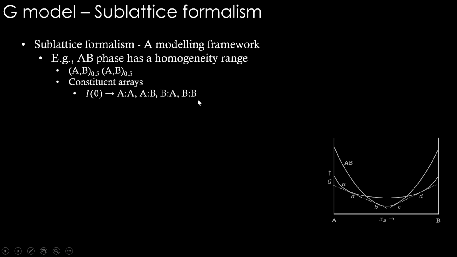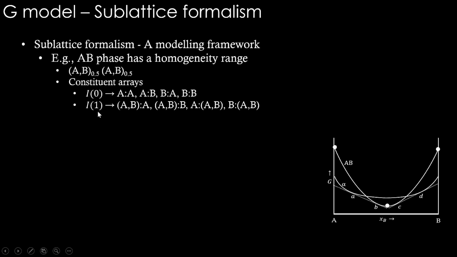If this is the case, then in this space, which compositions will we cover? You can imagine these three different G values will come. This is AA, this left extreme one, that will give the Gibbs energy of this one. And BB is this composition, with that we will get the Gibbs energy of this one. So AB compound's Gibbs energy with 100% B and 100% A, and these two are similar because occupancy is 0.5 in both the sublattices. A, B or B, A, both these things will represent the composition in the middle, this one, and this is the Gibbs energy we are targeting by modeling this, right?